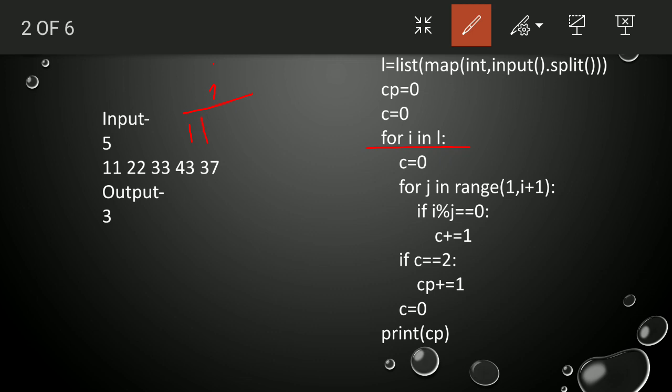Okay. Now count, initially the count is 0. There is no need to give count equals to 0 here as well, because we had put it here, or we can leave it out here and write it here, or anywhere, or having it 2 times also, no problems.